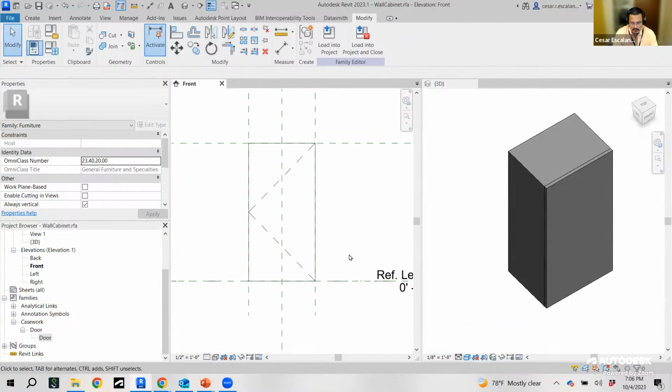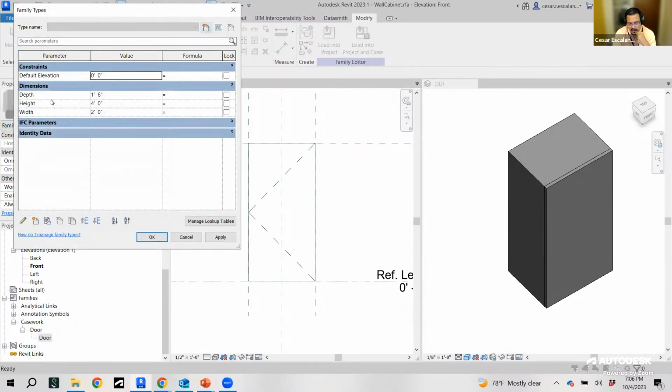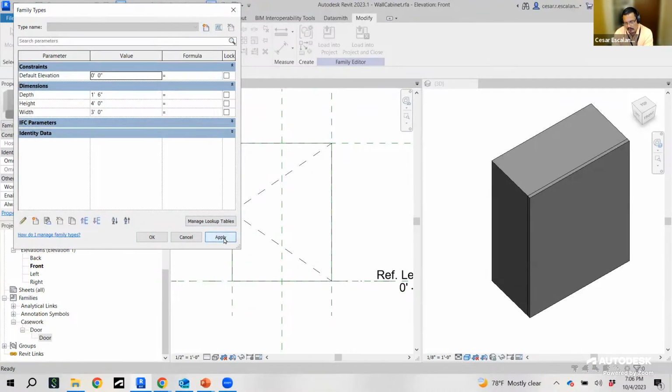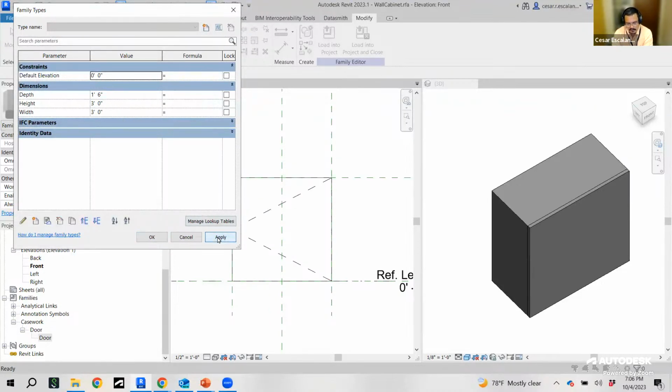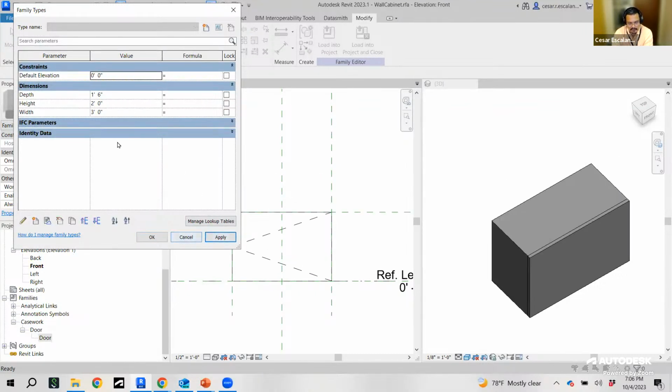And we'll do a final flex. So we said if the width is changing to 3, the door changes to 3. If the height changes to 3, the door height changes to 3. And so this concept of nesting